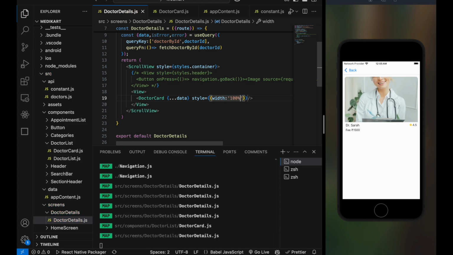Yeah, we have given that width of 100%, and let's add here